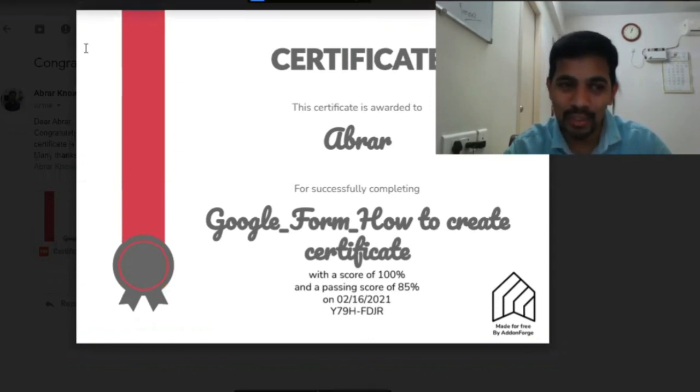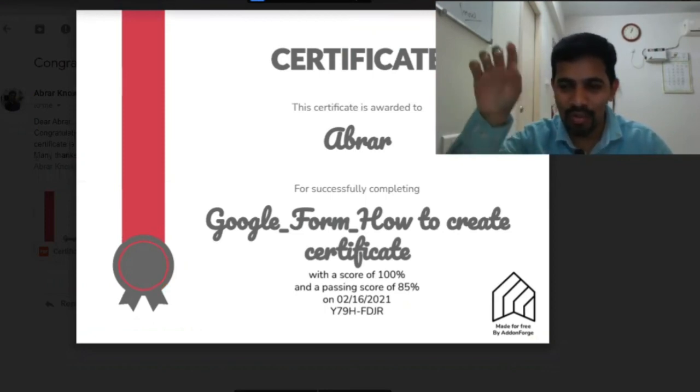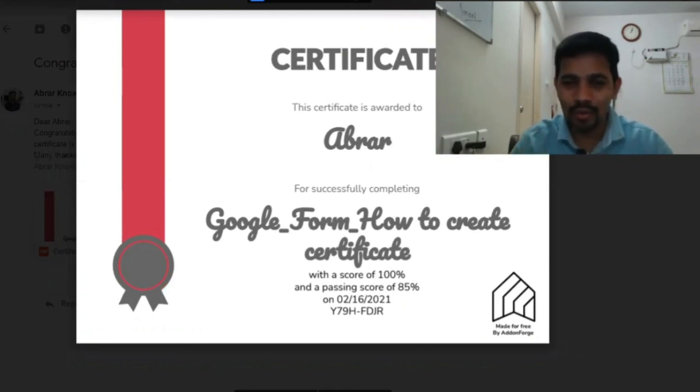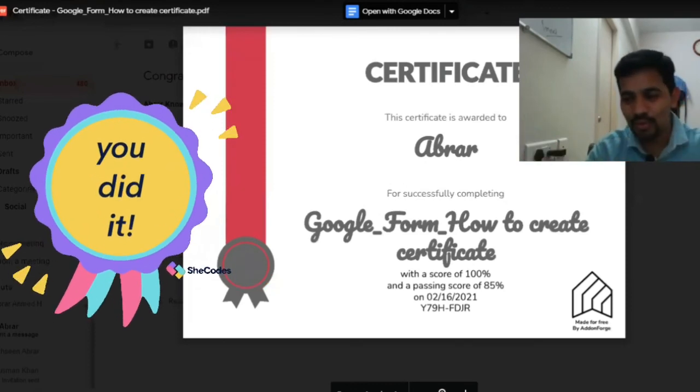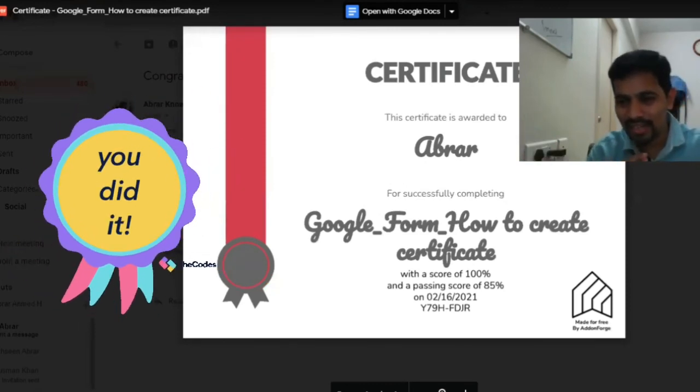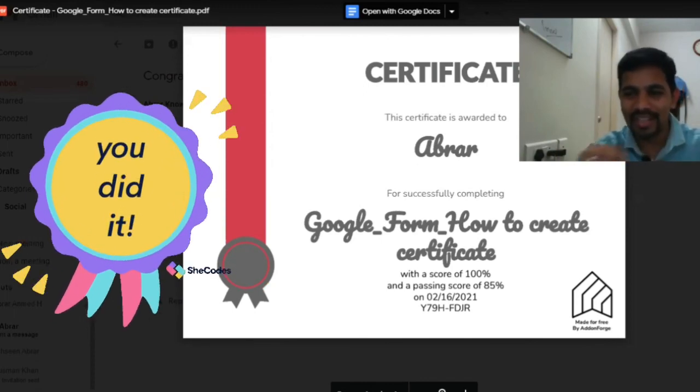And just to give a quick recap, you have the three dots in your Google Form, then scroll down, you have add-ons. When you do that, you can customize. A window comes where first you can turn on the emailer notification, then pick the template, then customize the message, and then use it.